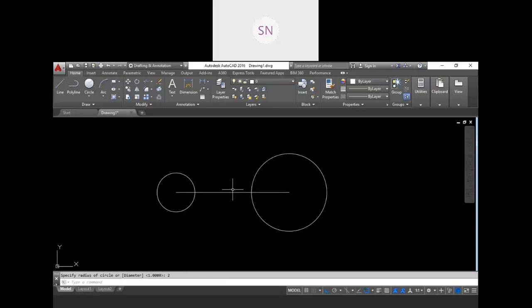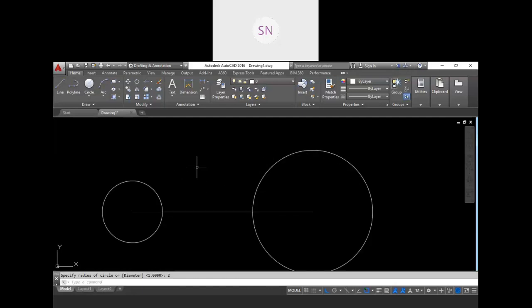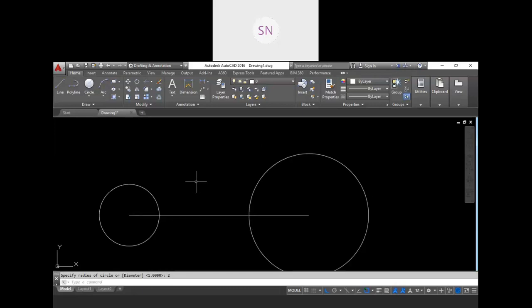Now see, here we need to create one line which is tangent to both circles, right? That's what I am discussing now, how to create that tangent line. It is a little tough task for us, so just focus over here. I am creating one line, so L, enter. Make sure your object snap is on, then you will get a tangent relation.